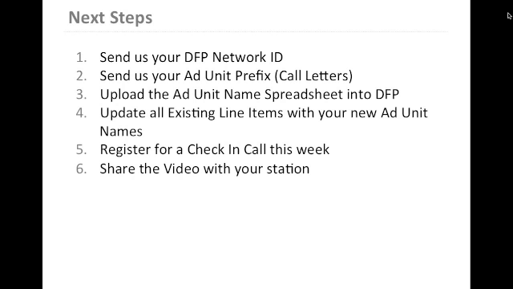Just a reminder, you should set it up now while we are in this cycle period so that when we're ready to go live, your ads will work on your live site. So let's get that started as soon as possible. Send it to us as soon as you can. You also want to upload the ad unit name spreadsheet into your DFP account, and that's going to get all of your standard ad unit names available so you can start connecting your ads. You want to update all existing line items with your new ad unit names so that they will be connected